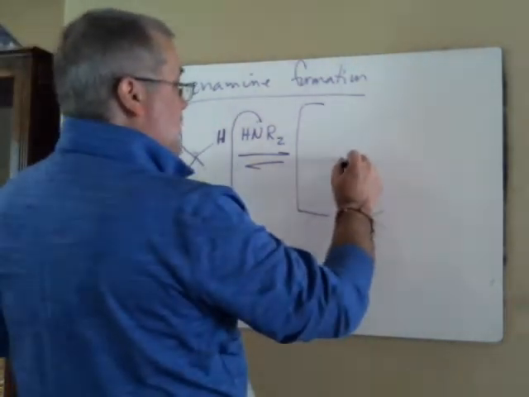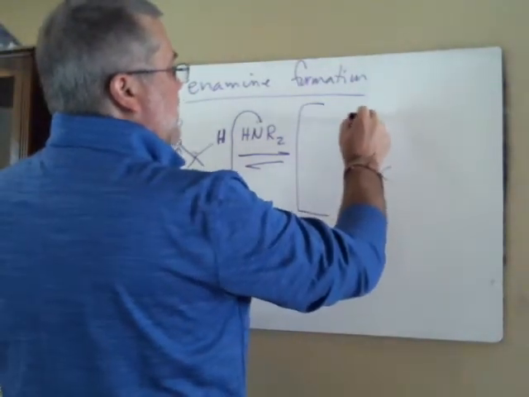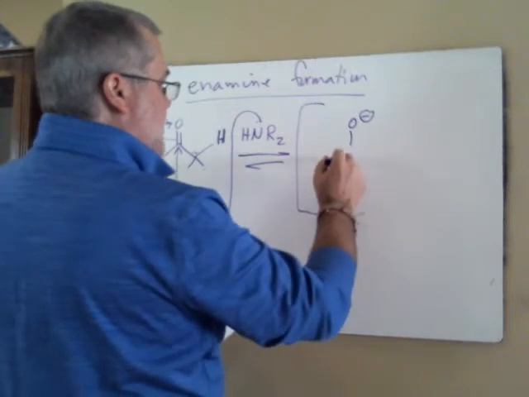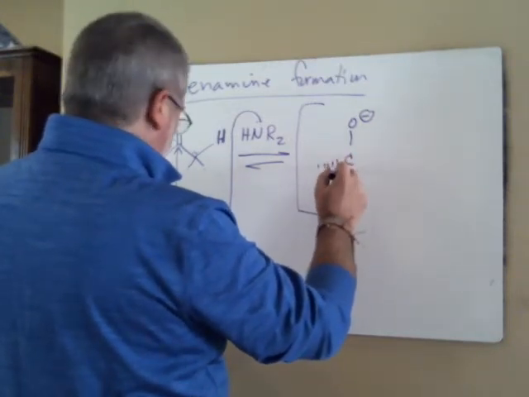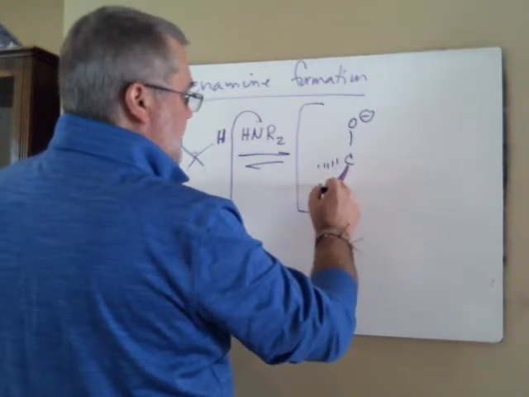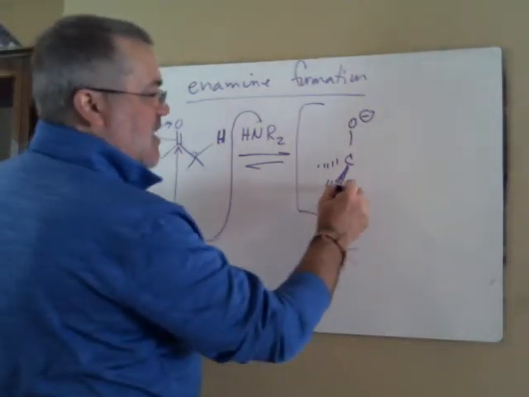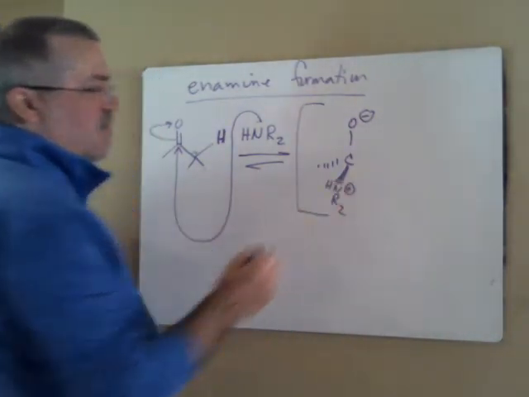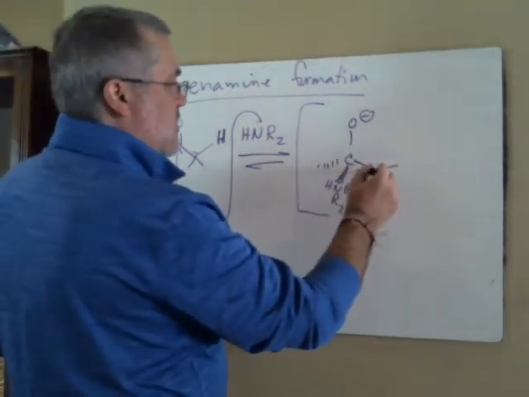You can almost just instinctively come in here and draw your intermediate. So I've pushed the electrons up to the oxygen to form that tetrahedral intermediate. And I'm going to draw this particular intermediate like this. I'm going to draw my secondary amine in that position. And it came in as a neutral nucleophile, so it's got a plus charge, right? And that's going to leave